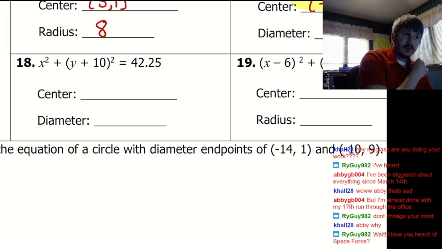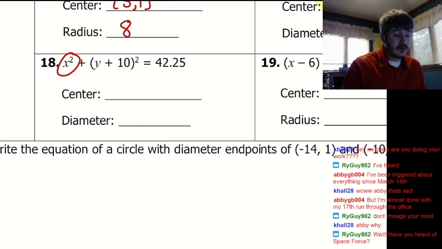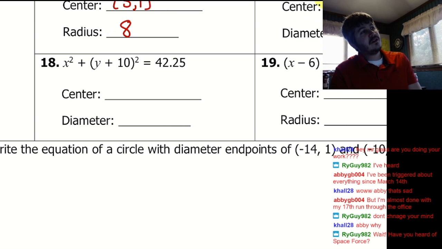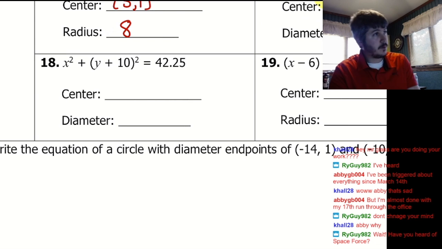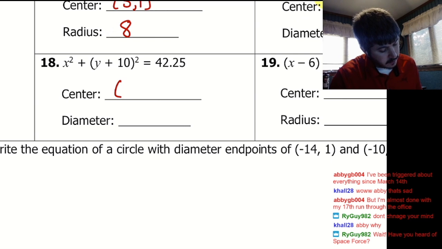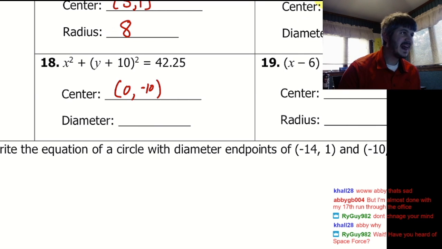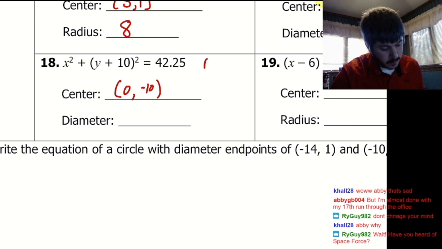So here in number 2, 18. When the x-coordinate is by itself like this, we see just an x squared. There's no parentheses or anything. This is for us to imply that the x-coordinate is going to be 0. Because there's nothing else to suggest that there's in parentheses or anything like that. So the x-coordinate is 0. And then the y-coordinate, because it's positive 10 in the equation, we flip the sign and it's going to be negative 10. Now we need to figure out the radius, and this is r squared right here. R squared is